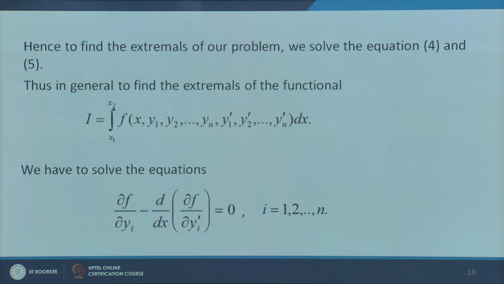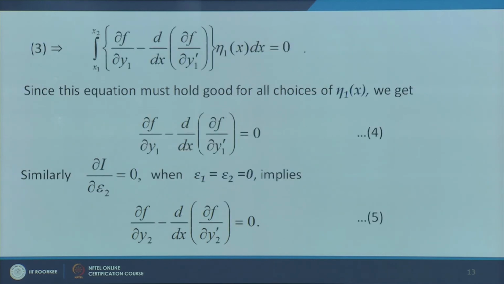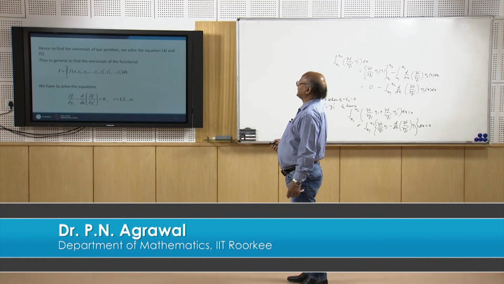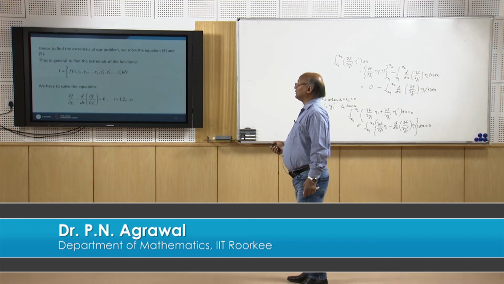And thus to find the extremals of our problem, we solve the two equations. This equation and this equation. So corresponding to two dependent variables y1 and y2 which depend on x, we have two equations here which are to be solved. So these two equations we have to solve